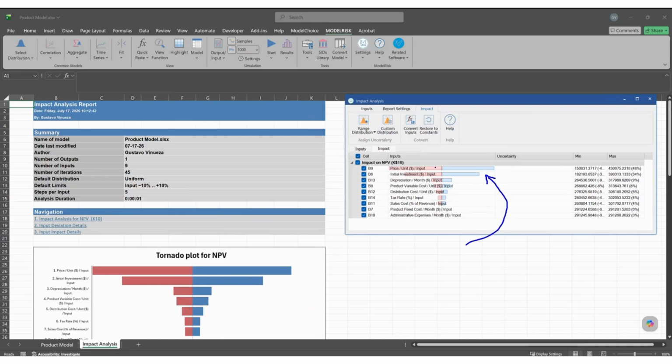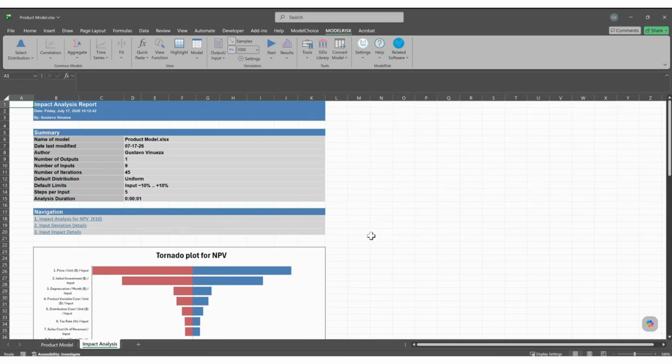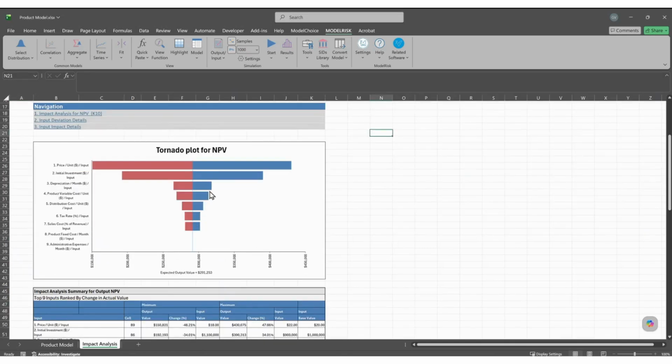You see, even though the investment is bigger in magnitude, remember, because it has 1 million, it is not the variable that changes the NPV the most. And you can see that here, you see. If I change the price per unit minus 10%, this is going to affect the NPV in minus 48%. It's the same thing if I increase it 10%, and not with the initial investment, for example, here, right? If you like, because you see that now I have the output here, so I can come back and see the same